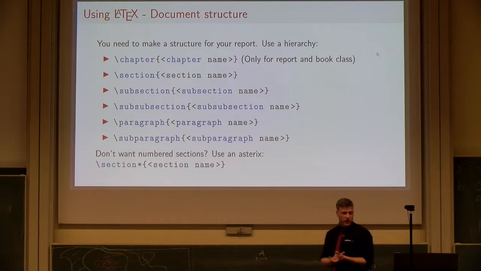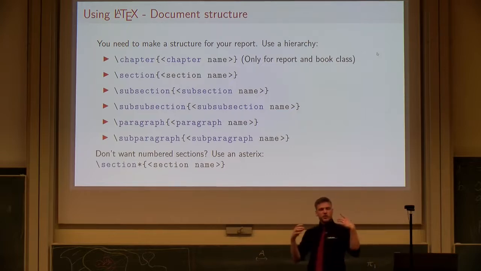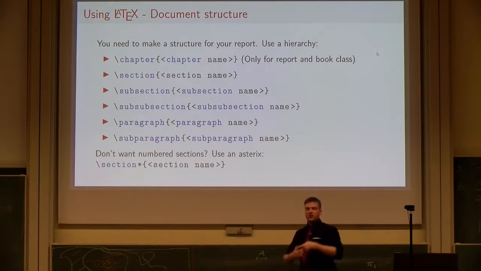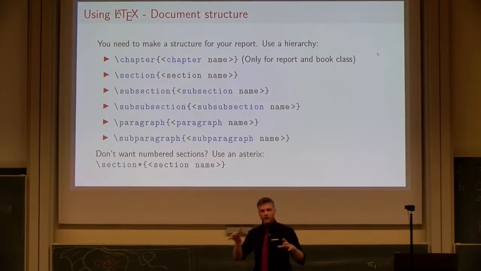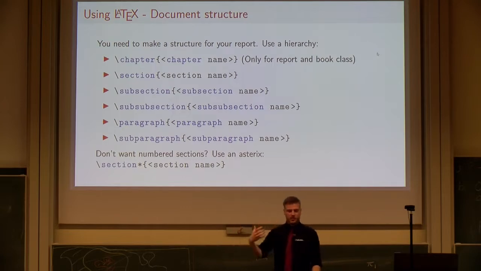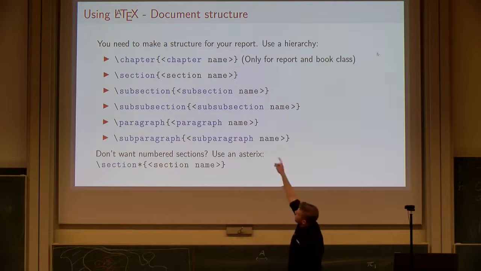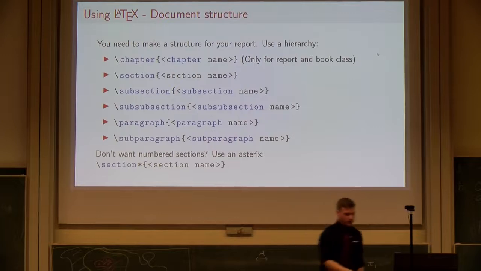The structure of your report will look something like this. You can use the chapter, the paragraph, the subsections to create a structure in your report, and this will also automatically, for instance, be picked up by the table of contents, or it will be picked up by references where you reference a different chapter, and you can immediately go to that chapter. So there's a lot of stuff that you can program into your document that is attached to these chapters, but it's also just the main structure of your report.